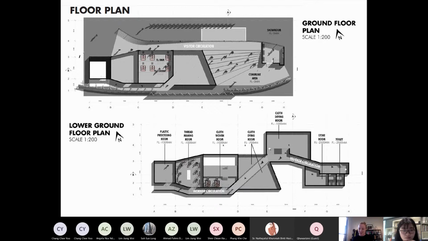But I would agree with the earlier comments on the translation of your plan: a little more definition of what your spaces are and how they interact from your ground to lower ground floor. Sometimes it may help if your plans were on top of each other or on separate pages.